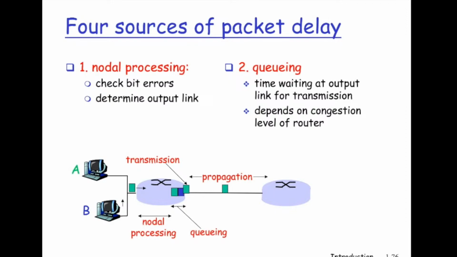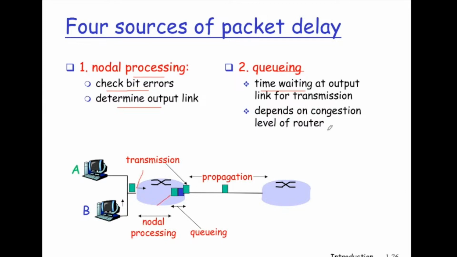Now, packet delay. There are 4 components. The first component is the nodal processing delay, but we just call it processing delay. It occurs right here when the packet arrives at the router. The router checks for bit errors, in case there are any, and decides quickly which output link the packet should go out on. Next, queuing delay. That's the time the packet waits until its turn to go out on the output link. So it occurs right here at the buffer space where packets queue up.